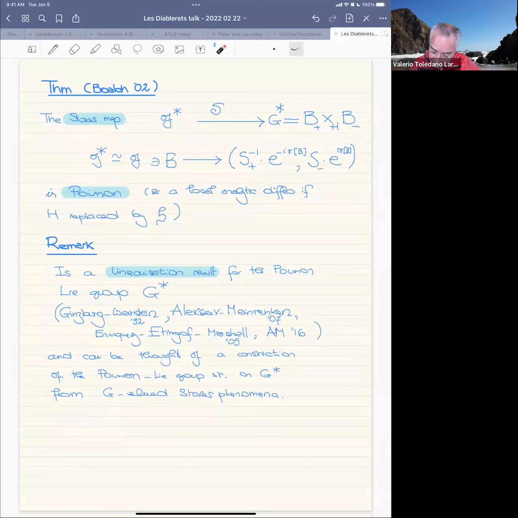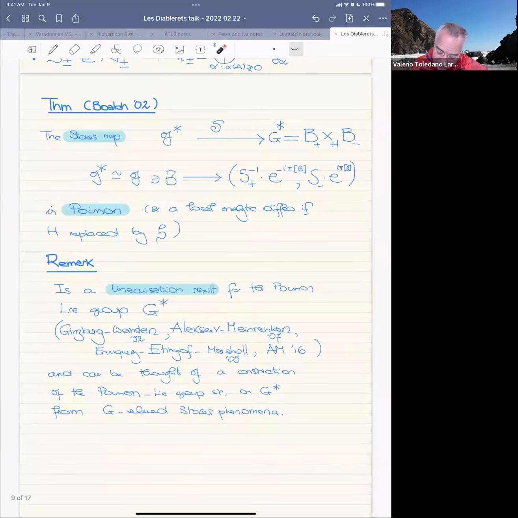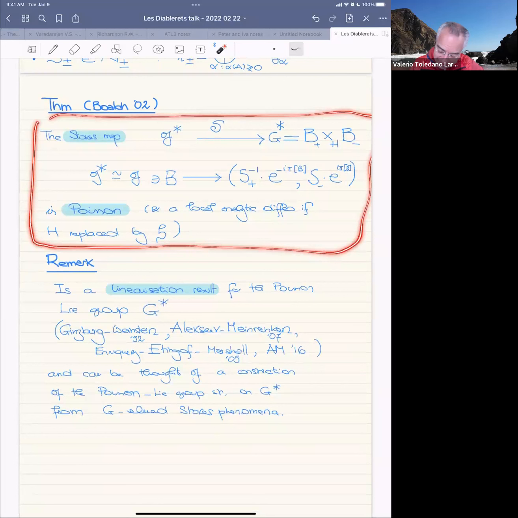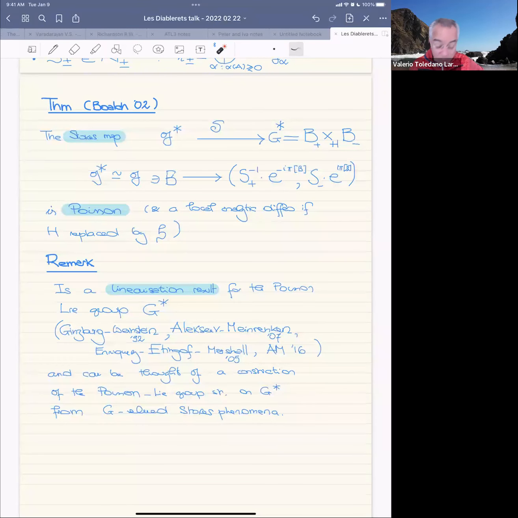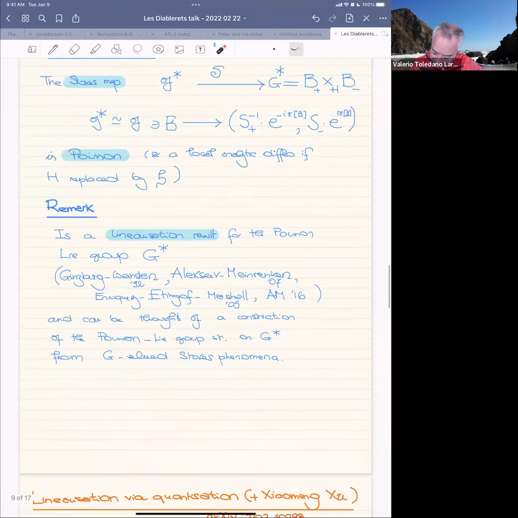And there's a bunch of very beautiful results along those lines. It was first proved by Ginzburg and Weinstein, but in a cohomological non-constructive way. Then Anton Alekseev and Eckhard Meinrenken gave a proof for the unitary groups. Then Enriquez, Etingof, and Marshall gave a proof in a formal setting. I'll return actually to one of the ingredients in their proof. And then again, Alekseev and Meinrenken proved in '16 an analytic version of this linearization result, which is an honest analytic linearization, and it works for coboundary Lie groups. So in any case, there's a bunch of ways to linearize this. And I particularly like this one because it uses Stokes data, and that's the one that I'm going to relate to in what I say next.